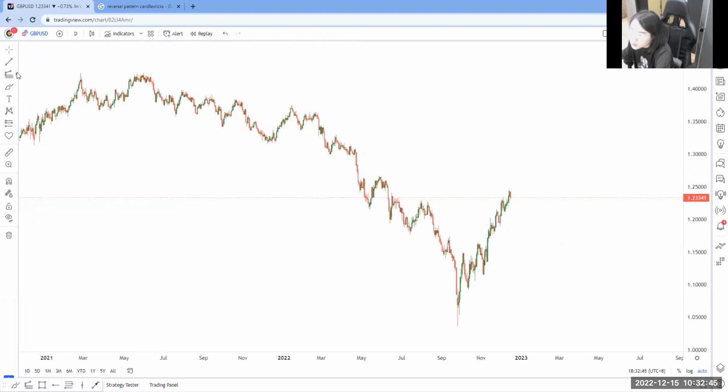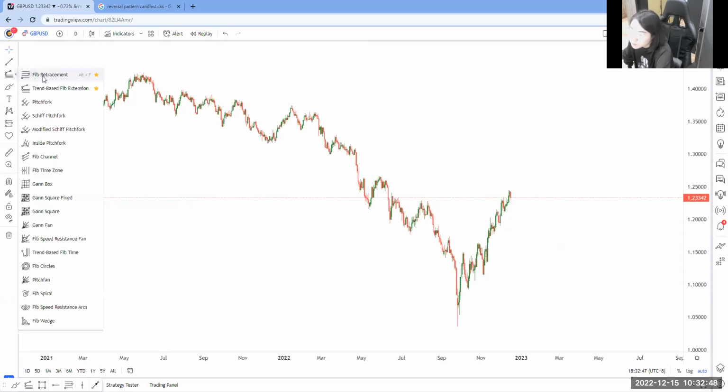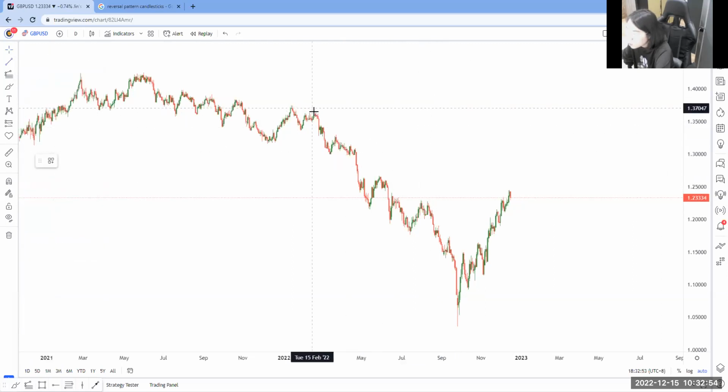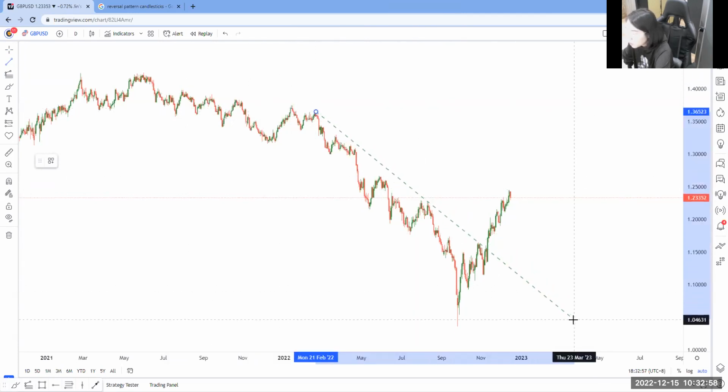Okay, so I do see a V-shaped movement here. That means we will be able to use our Fibonacci retracement, but the first thing we want to do again is look for trend. Okay, so we can see that price was moving in a downtrend for the longest time. It was moving in a downtrend from May of 2021. And finally in December. So GBP USD was actually dropping and dropping and dropping since last year, May,